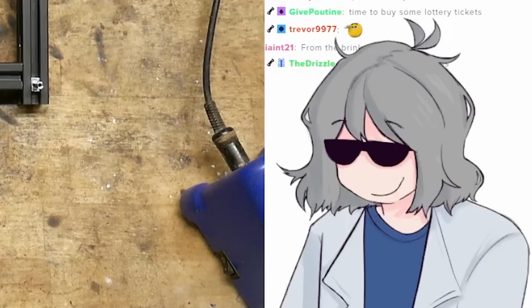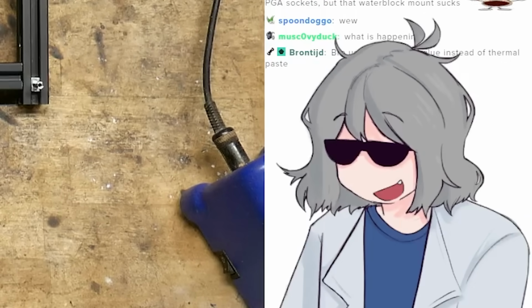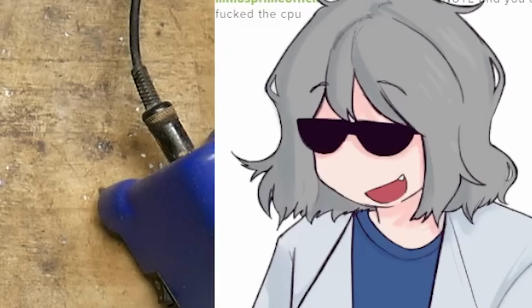Alright, that'll do it. Don't ever say that I didn't apply enough thermal paste. I don't want to ever be told that. Bro, use the thermal glue. Dude,